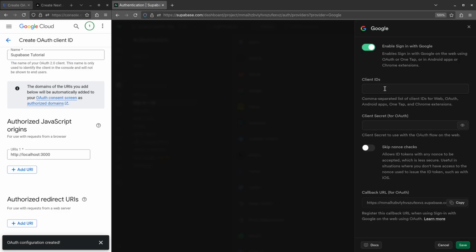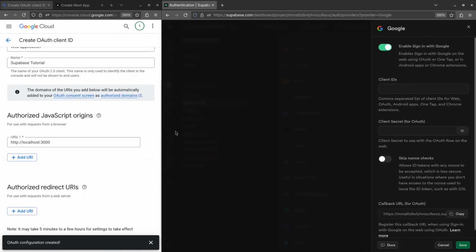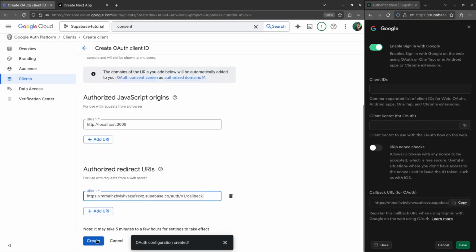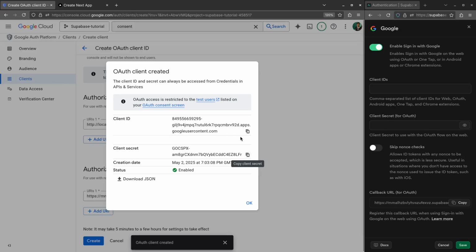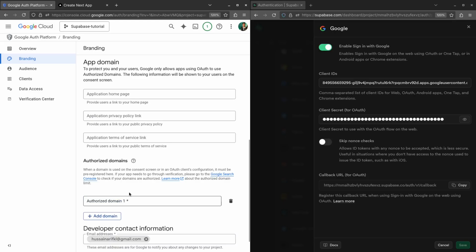enable sign in, and then you write your client IDs, which we'll find later. But in my case, our callback URL is this one. So now we have our client IDs, we just copy them to our Supabase console. Save. Next, I want you to go to branding, scroll down to find authorized domains, and then you add your